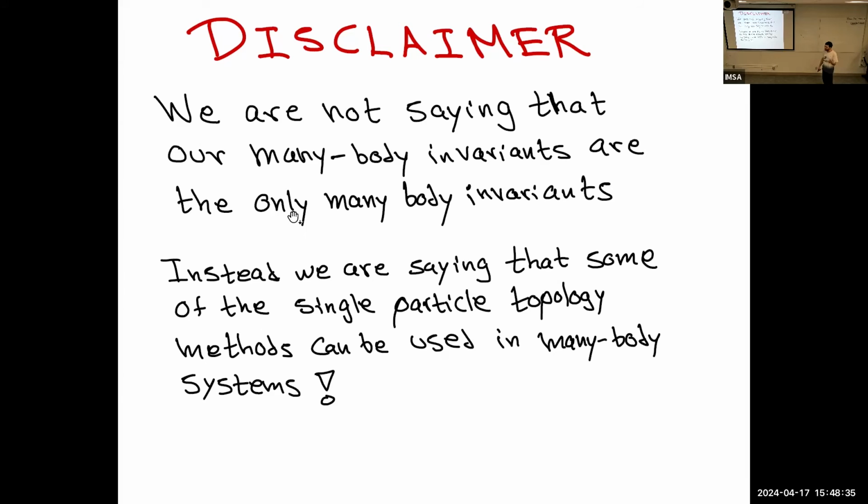But here, this is something very different. If you change the dimension of your vector space, you're changing your ground state degeneracy. That's doing something very non-trivial to your system. If I try to stabilize this thing, I'm talking about a system that has infinite dimensional degeneracy, or arbitrarily high degeneracy, and that's not the same. So it is very important for me to say that I'm not claiming that these are all the invariants that you can compute for many body systems. That would be ridiculous. What I'm saying is you can use some things that you would use in single particle topology that survive into many body systems.